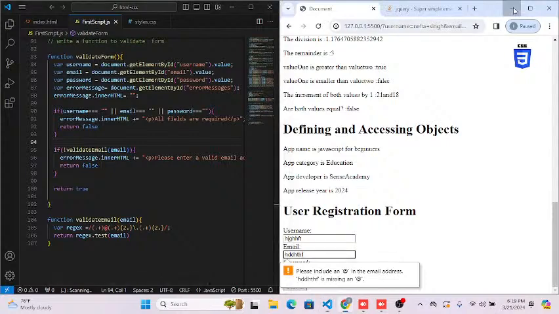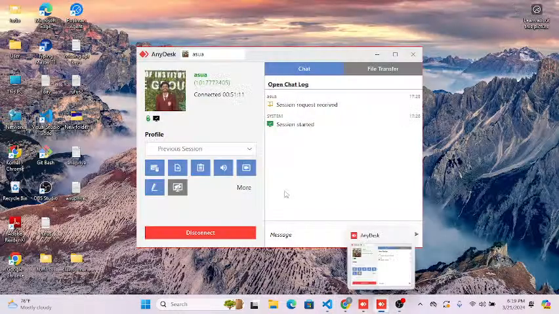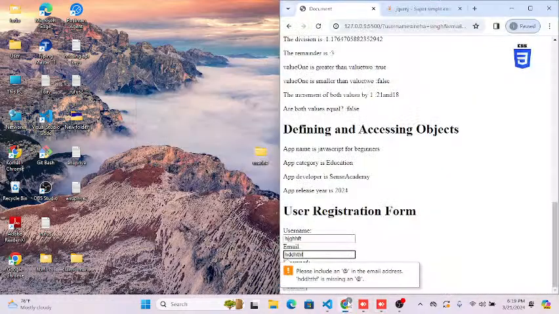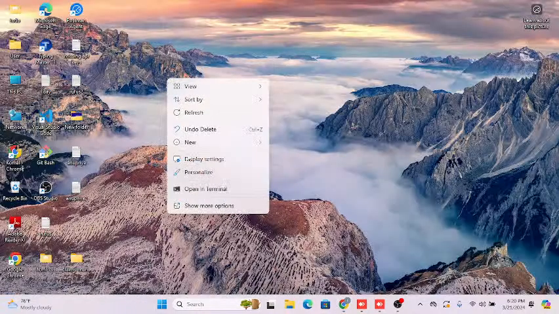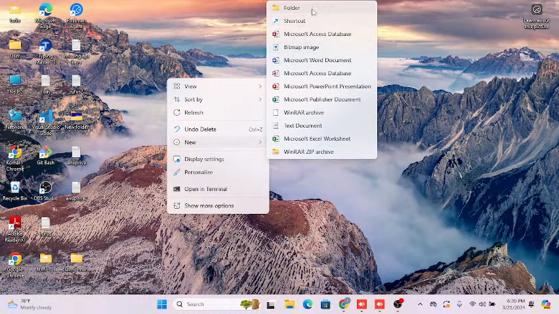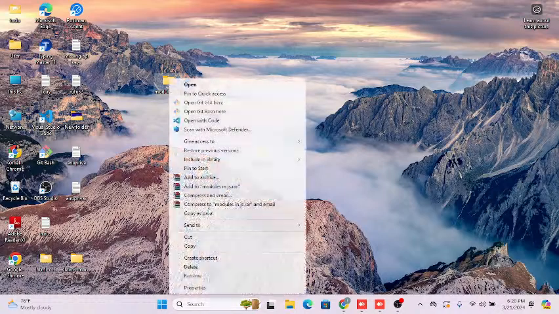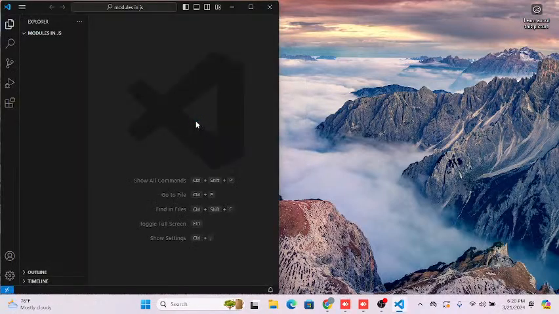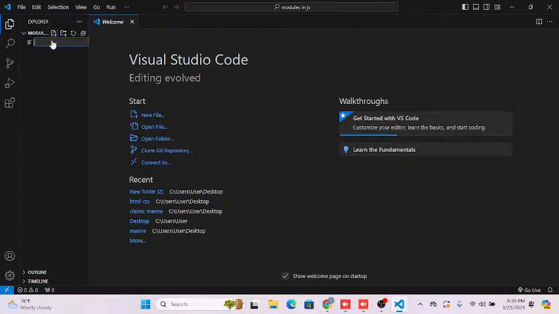Let me make a new file here on my desktop. Let me close this one, and here I'm going to create a new file for explaining you modules in JavaScript. Name it modules in JavaScript. Okay, you have to open it with VS Code. So here let's create a file with name index.html,